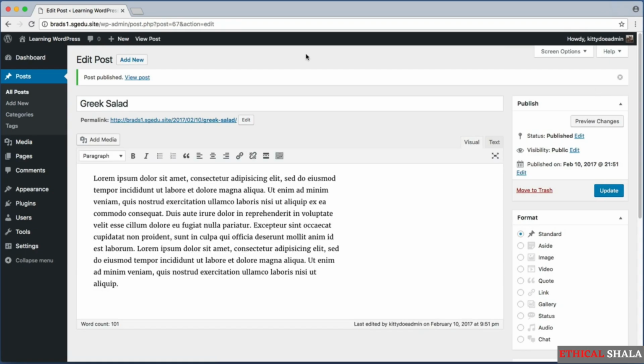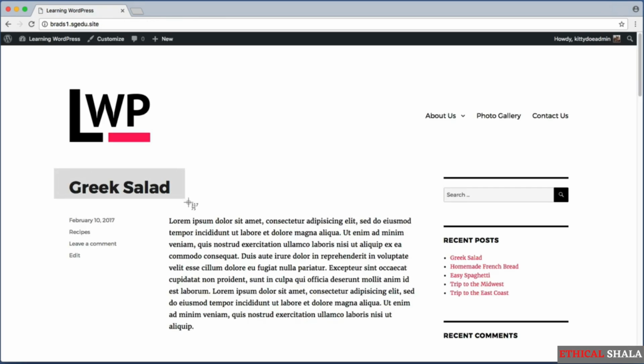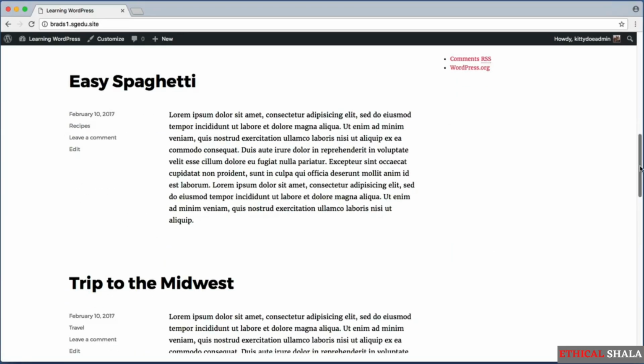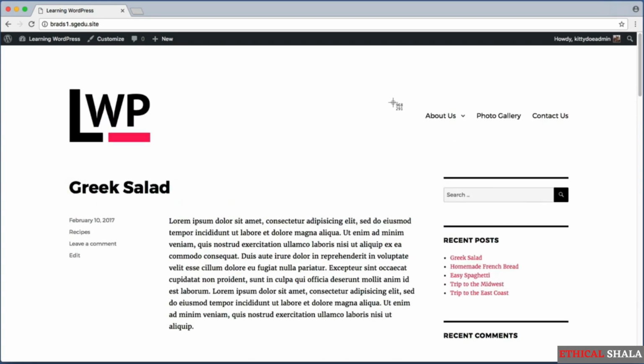All right, so at this point, I have all of my example posts ready to go. And if I switch back to my public-facing website, here's the home page, and we can see all of the posts that we just created. All right, and remember, our goal is to add new links in our main navigation area of travel and recipes. And when we click on one of those links, we want to see a filtered listing of only that category